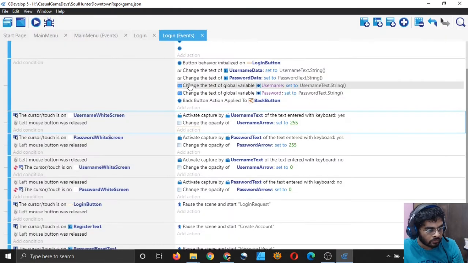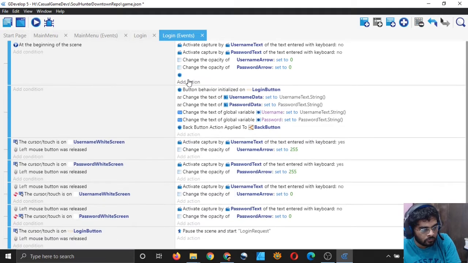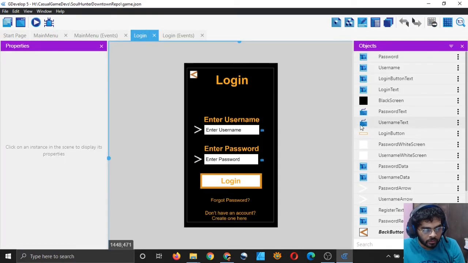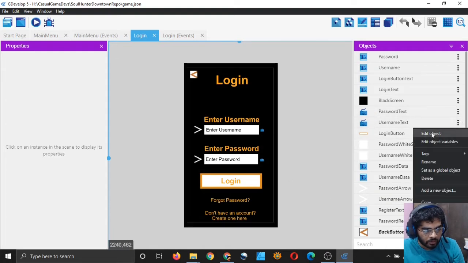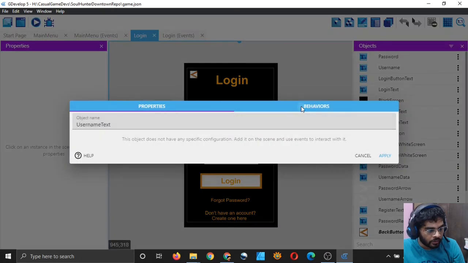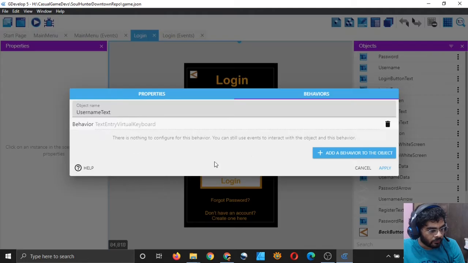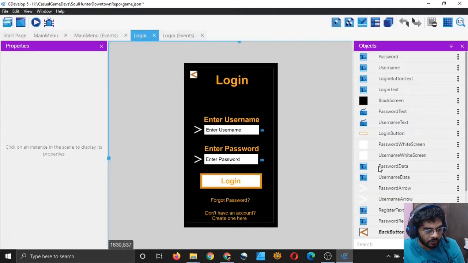Oh, I see, I have to do it in the scene. I think I have to do it like this: edit object and choose behavior, add a behavior, and here I will add mobile text entry virtual keyboard behavior and apply.